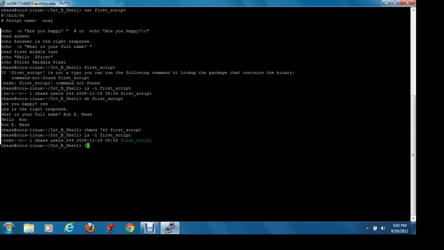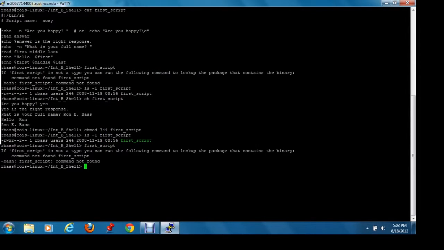Now if we attempt to run the script, it says if first script is not a typo, you can run the command to look up the package that contains the binary. Now at this point, the problem is apparently the path, and so I'm going to fix the path by adding the current working directory, which is int bshell, to the path. The path variable is called path, and we're going to add to it